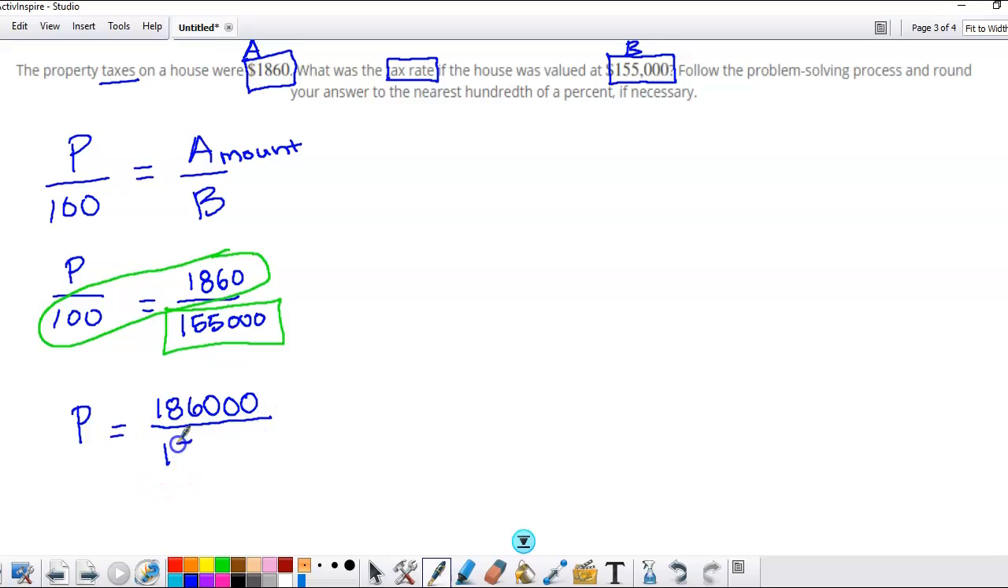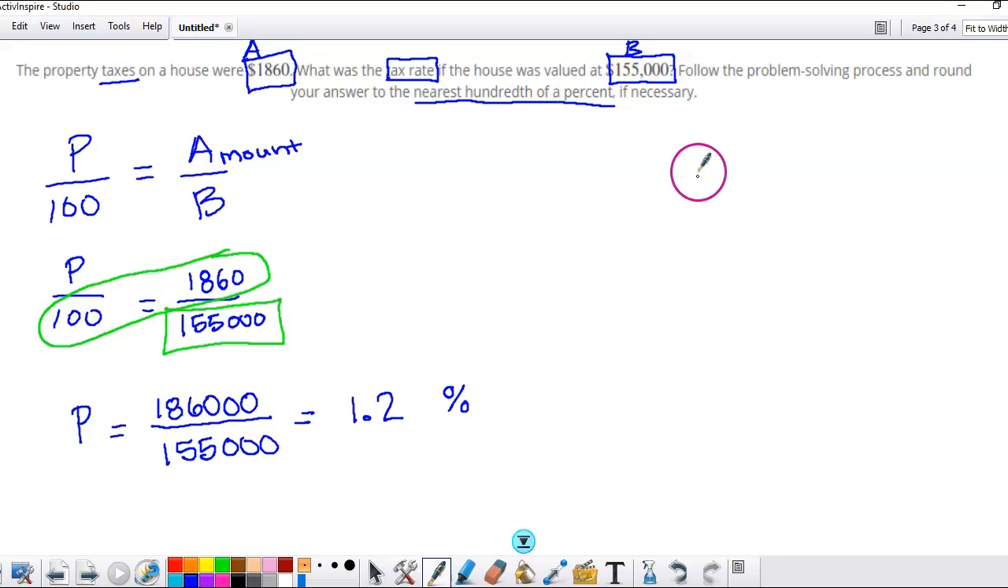Divided by 155,000. And that gives me 1.2. This is a percent, so it's actually giving me 1.2%. So now before I go telling the program what the answer is, I check for rounding. And it says round your answer to the nearest